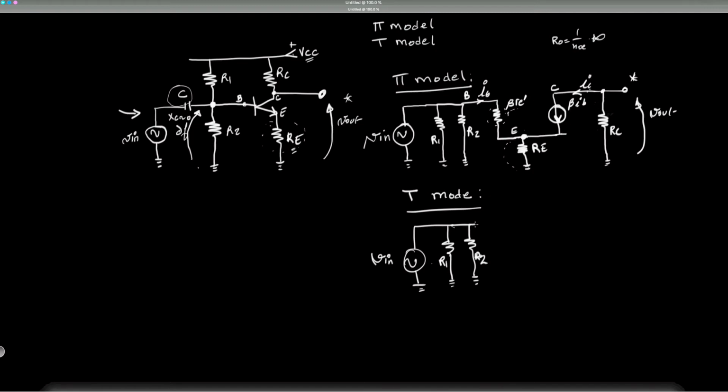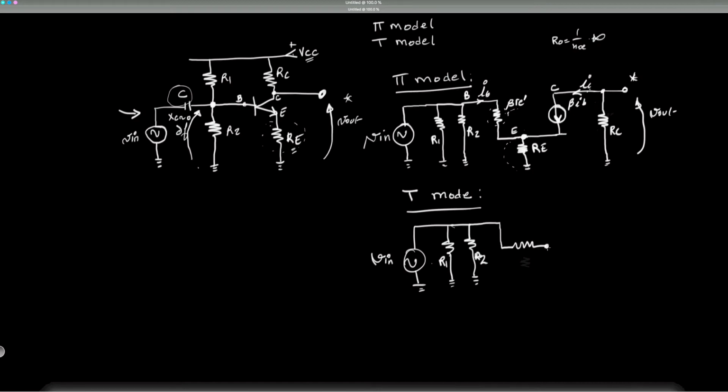Okay, so don't panic if you see that. And for the T model, however, I'm just going to draw a line here and put, let me do it this way, actually. Put little RE here,